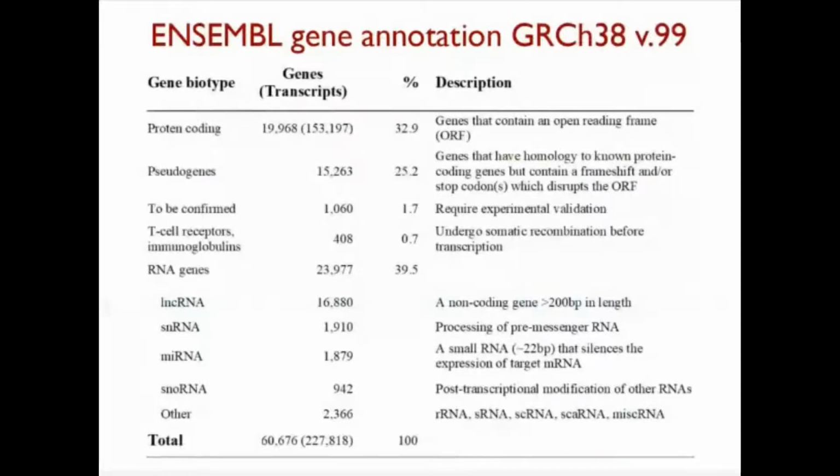This table gives more precise figures. Roughly 20,000 protein coding genes. Most are with more than one transcript due to alternative splicing. So 150,000 protein coding transcripts. The remaining 40,000 genes and somewhat 80,000 transcripts are pseudogenes or lost genes. Genes with yet unknown nature and specific immune system genes and non-coding RNA genes. The